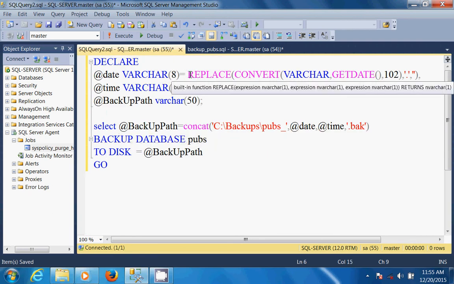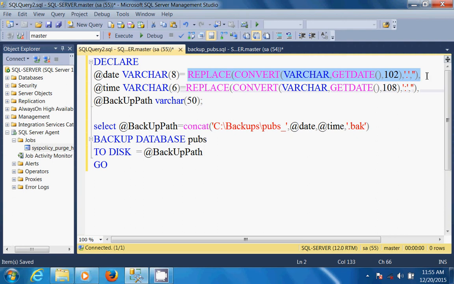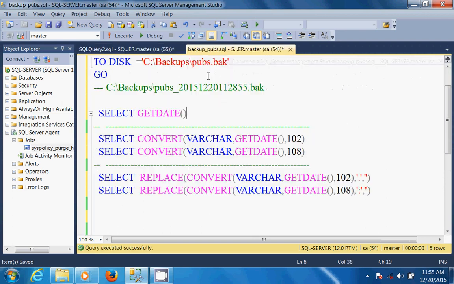The statement which we executed, I am placing into the date string, the same for the time string. But this date and time I have to concatenate so that I can generate the client requirement format.